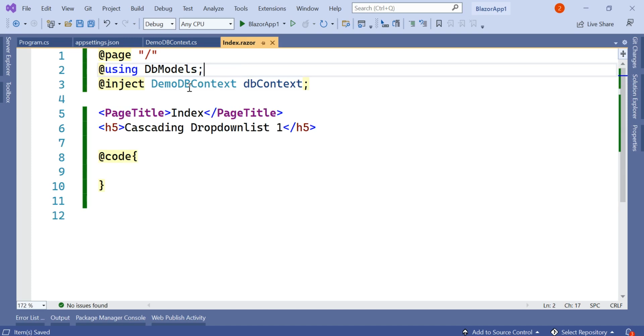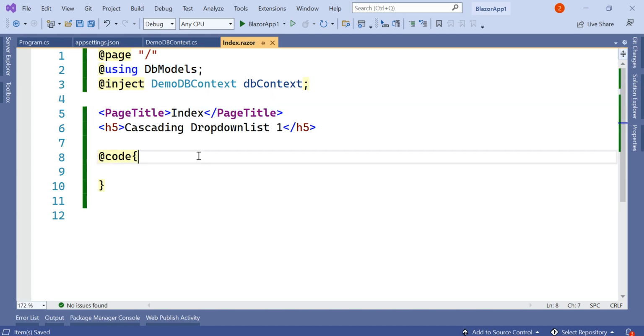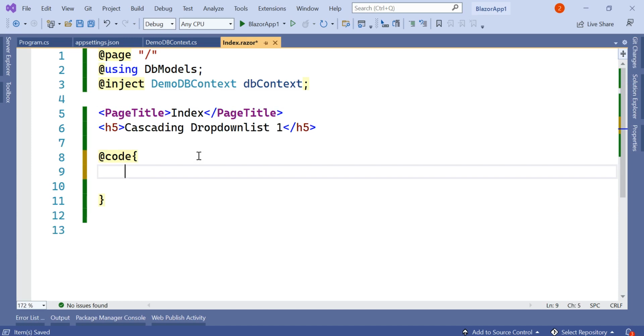Okay, so we have injected this DB context, and for this DB context we have inherited the DB models folder. Now here we want to create three drop down lists. One is for country, another one is for state, and the third is for city. So we are going to create three variables to store the data whatever we are going to pull from this